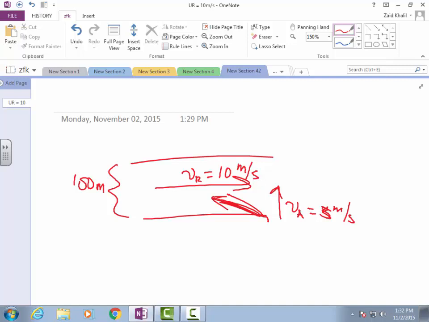So is it possible to get across, directly across? And the answer is no. So you have to be a little careful. And really what this is asking, yeah, because if you go any amount, any angle, you're still going to be going over 5 meters per second in that direction. That's right, in order to get to this point directly across. Correct. So that means you're going to be hauling that